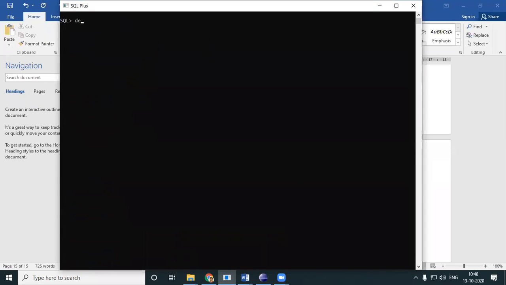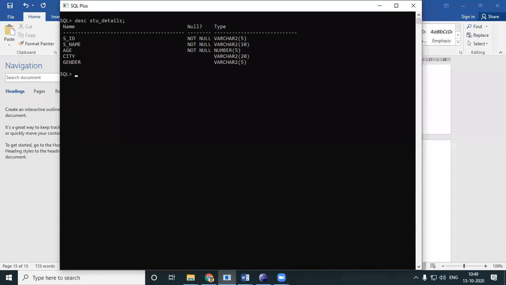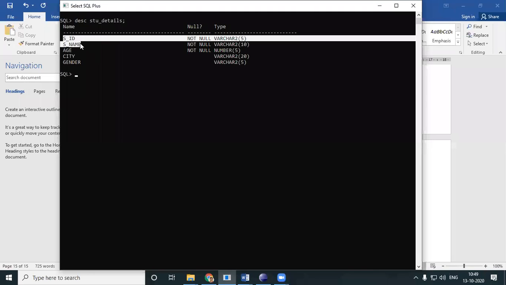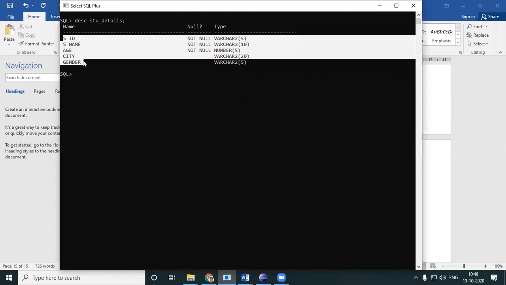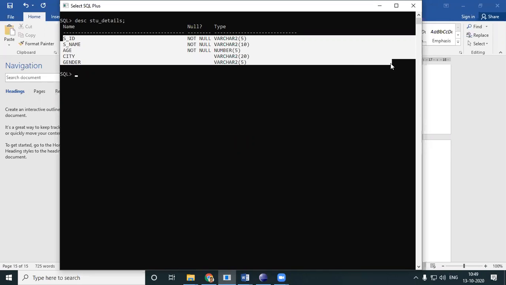Okay, so I do have a table called STU details. Let's see the structure of the table. I have student ID. I do have student name. I do have age, city, gender. So this table looks good enough. It has almost all the details of students.